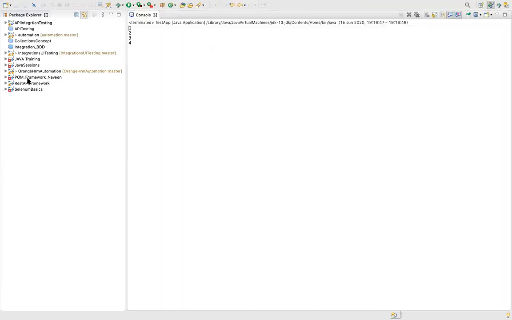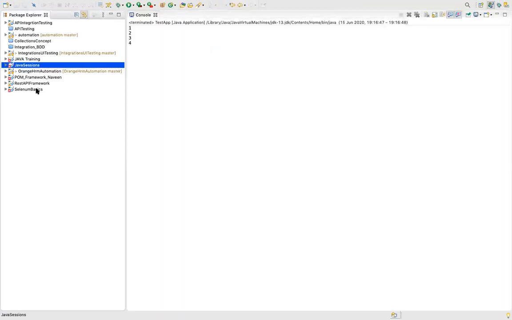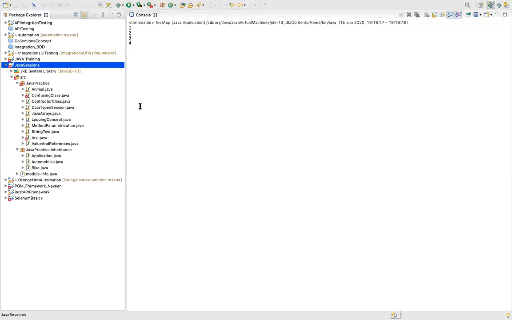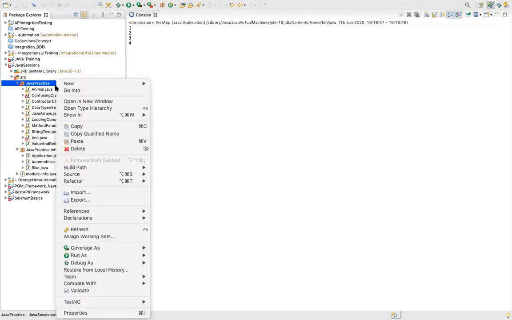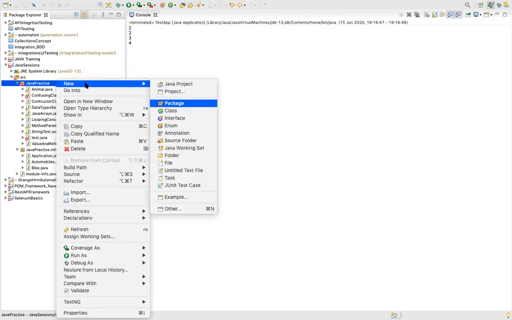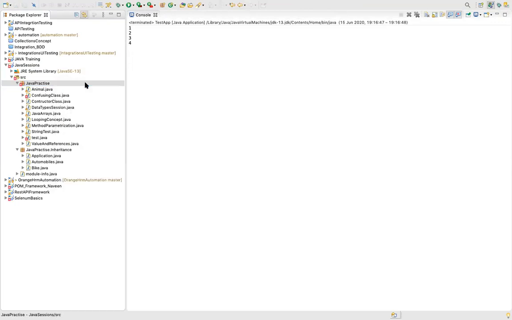Okay, so we'll start with interfaces. First we'll create an interface and set some rules. When you right click on this particular package, you can say new. I'll not create a class, I'll create an interface. An interface is similar to a class, and we follow the same pattern.